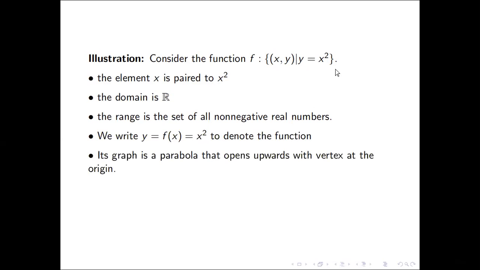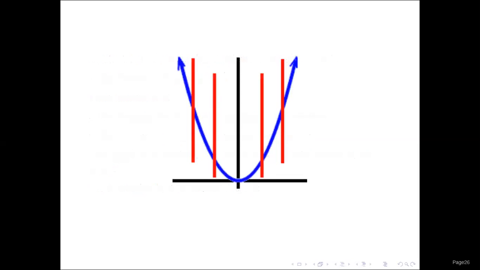Now, let's look at this one. This one is a set of ordered pairs, and it has infinitely many. If we collect all those ordered pairs, which you already know, we will have a graph that is a parabola that opens upwards, already familiar to you from secondary school, whose vertex is at the origin. And you know its graph. So by the vertical line test, it is a function. No vertical line intersects its graph in more than one point.